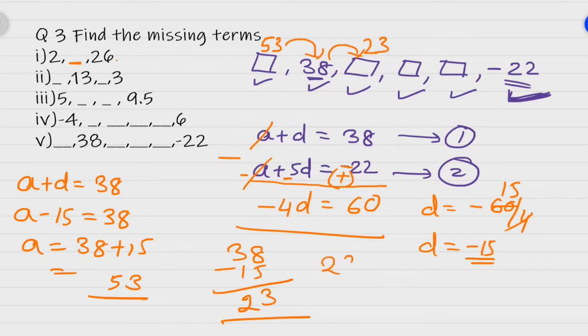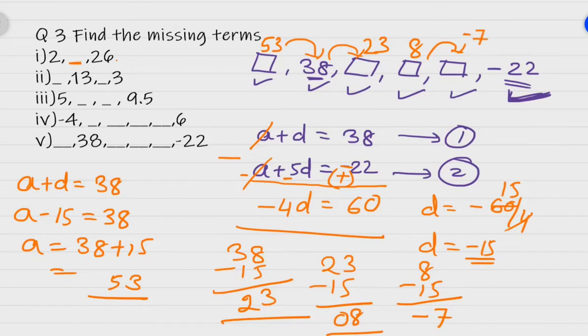Now 23 minus 15 will give you your fourth term. 13 minus 5 is 8 and 1 minus 1 is 0. So this is 8. Okay. Now next term, 8 minus 15. So how much will you get? Minus 7. So here you are getting minus 7. And now see, minus 7 minus 15, you are getting minus 22. That is your sixth term. Okay. This is how you will be completing this question.